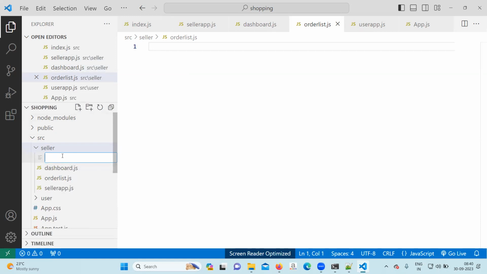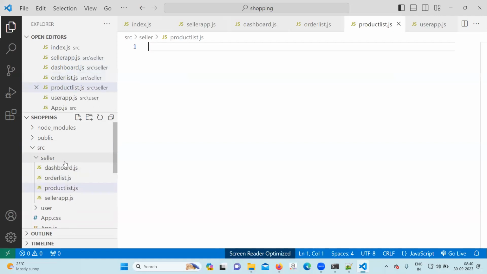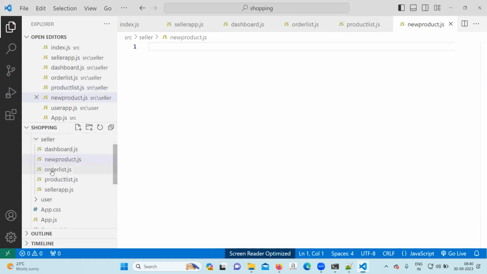Go to the seller folder again and create a file called productlist.js. And again, create one more file in the seller folder called newproduct.js. So this is the basic need inside the seller module.